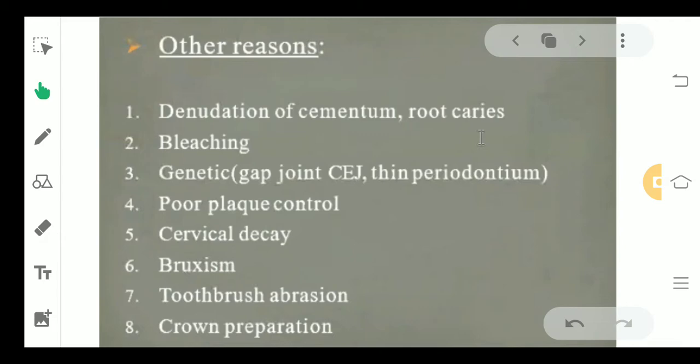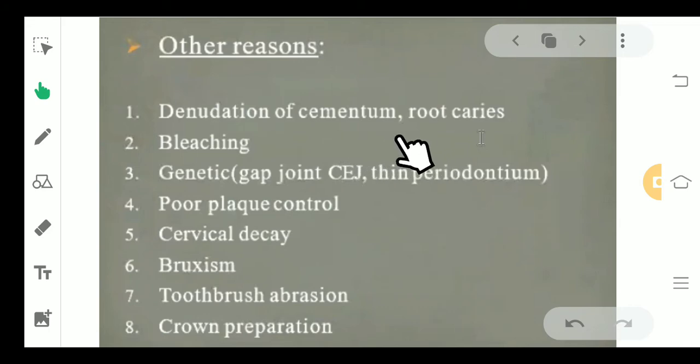So moving ahead, what can be the other causes of loss of enamel? Bleaching, very common. Some people who have discoloration in their teeth will come to you and say, doctor, please whiten our teeth. For that, you will give a bleaching treatment. Bleaching also, as you're using acids in it, is going to lead to enamel loss, which will finally lead to dentine exposure. Okay, not the first time, but if somebody goes for bleaching regularly,